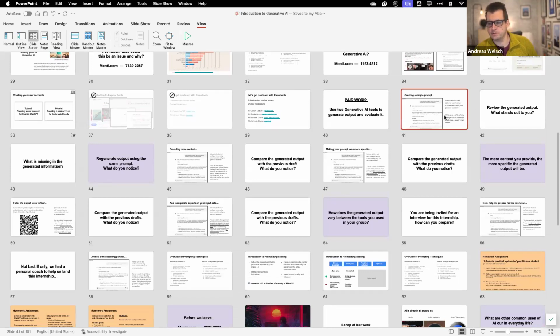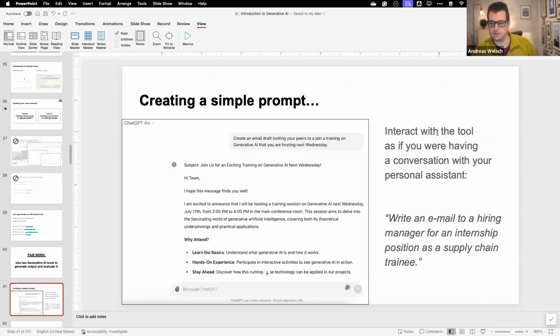Simple prompts, for example. Let's look at this one. So just to teach, hey, you can have a conversation with this tool as if you were having a conversation with another person. Again, personally, I don't think it's necessarily a good idea to say, hey, here's AI and it's like a person, because it's not.